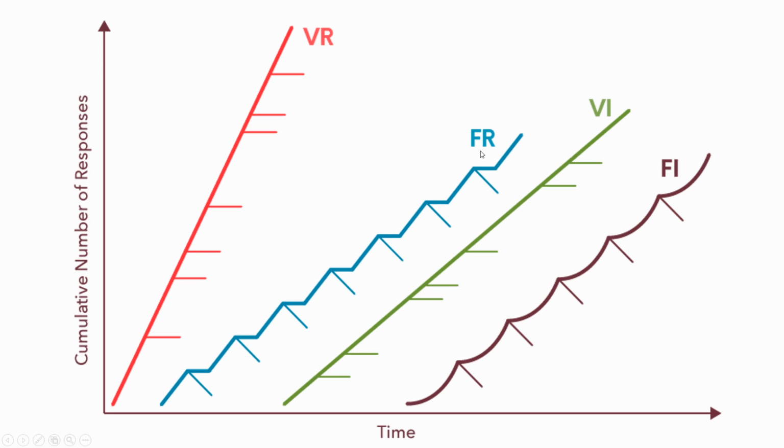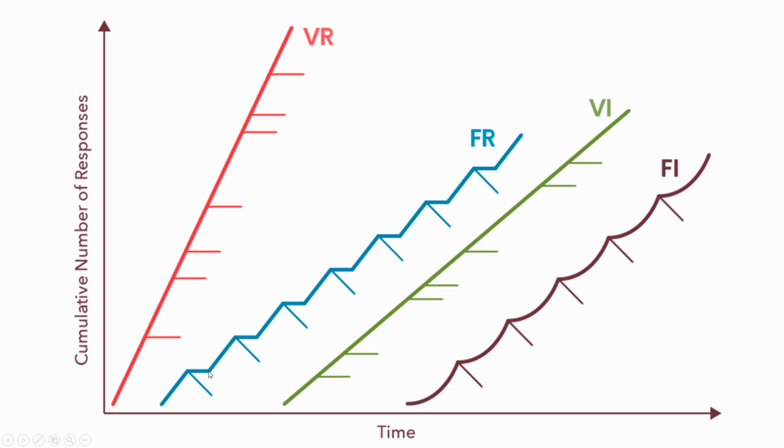If we move over to our fixed ratio, because it's a ratio response, we still see fairly quick responding because the more lever presses, the faster you get food, but we also see a new pattern here. And this is that after each time this reinforcer has been delivered, after each tick mark, we see sort of a leveling out or a plateau. And so this is showing that there's a period after the rat receives food where they don't press the lever